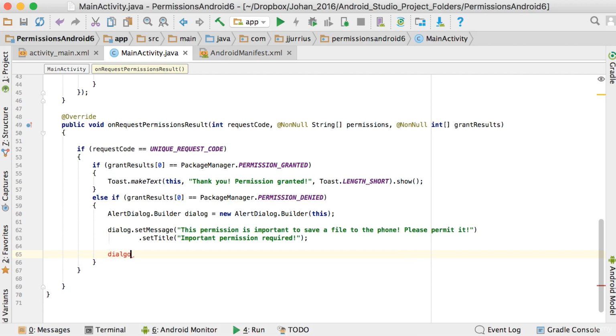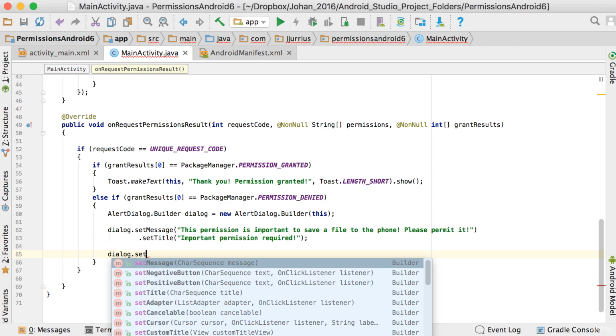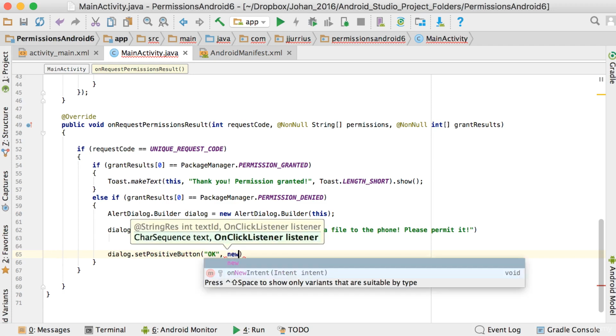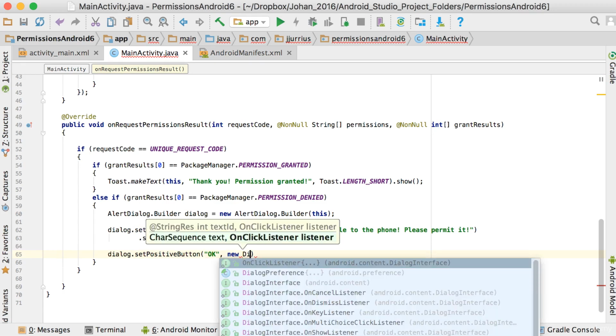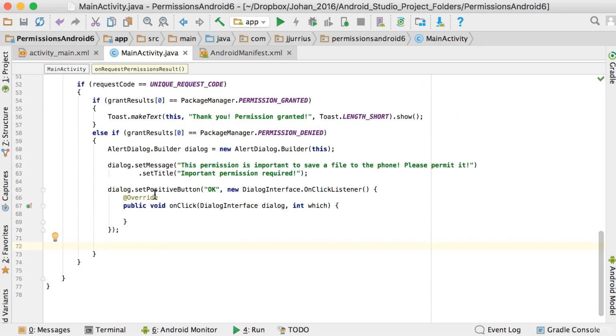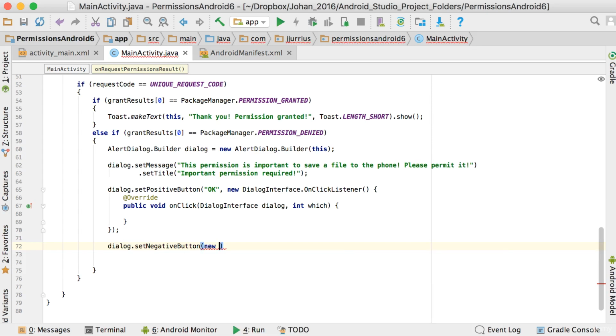And then for this dialog, we'll have a setPositiveButton. We'll have a positive button there, and maybe the text for the button should be okay. And then we'll use the new DialogInterface.OnClickListener. Okay, so this is basically a button that's part of the dialog, and the positive button will have the text okay, and then we also need a negative button. So we're going to say dialog.setNegativeButton, new